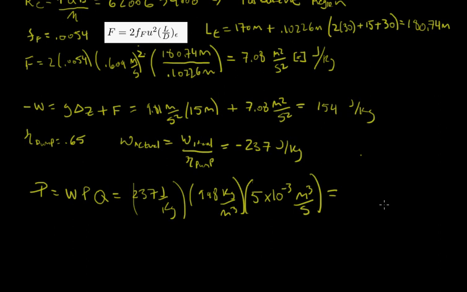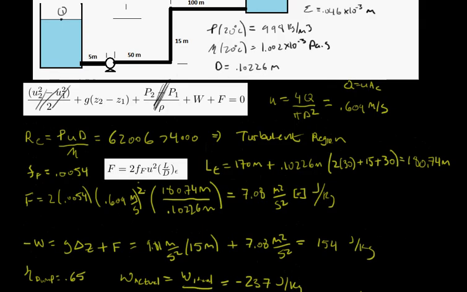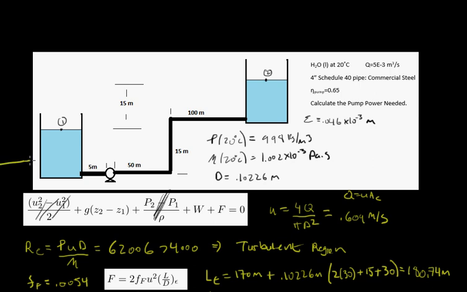And that will give me a total power of 1.18 kilowatts. Alright, so that is the power, or the electrical power required to pump water from our tank 1 to our tank 2. So 1.18 kilowatts to pump water from this tank